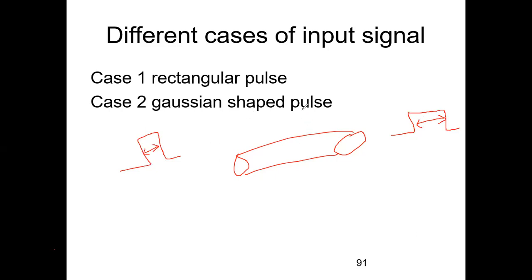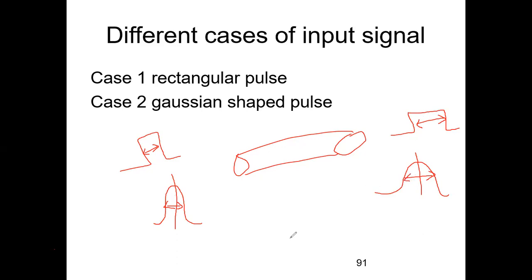The second case of pulse, I have a Gaussian shaped pulse. Now, what is the nature of the Gaussian shaped pulse? It has this nature. This is my Gaussian shaped pulse, and again it passes through the fiber, and again the broadening of the pulse takes place when it comes out after the fiber. Then again I have to see the pulse width here and the pulse width here. Now I will dictate some formulas.